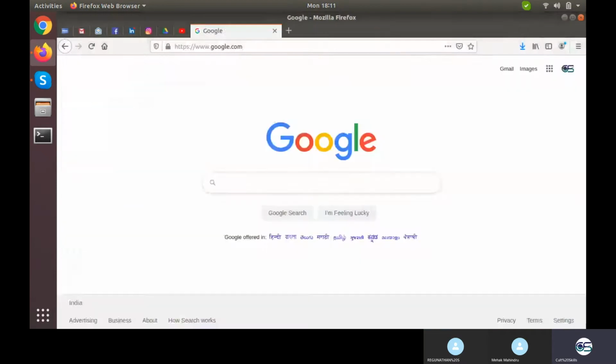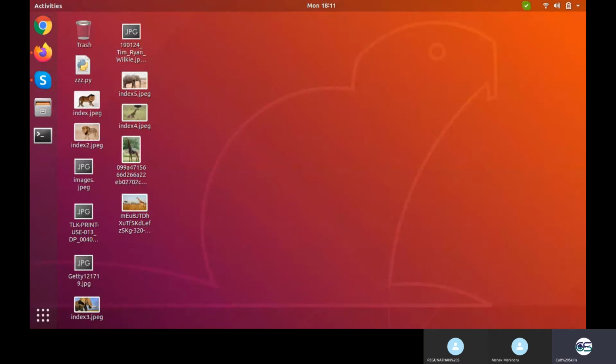Okay, so randomly I have taken 12 images. No, 11 images: 3 for giraffe, 4 for lion, 4 for elephant. Let's put them into different folders.